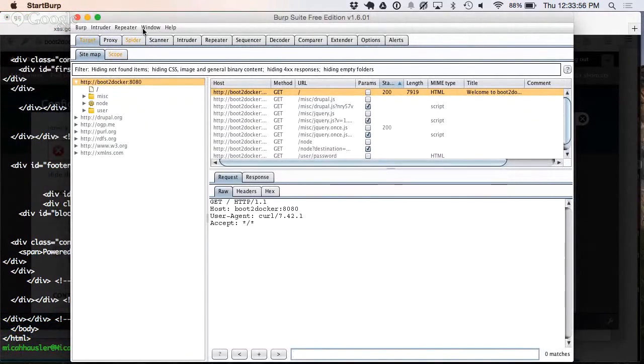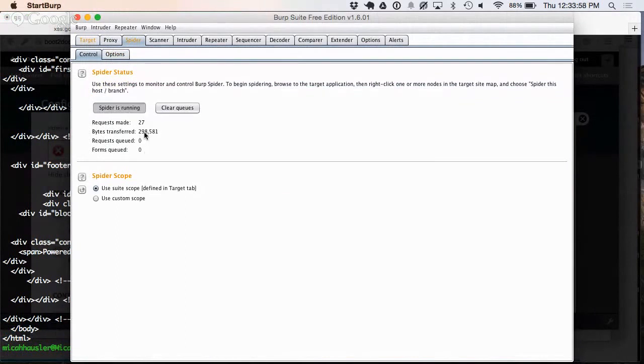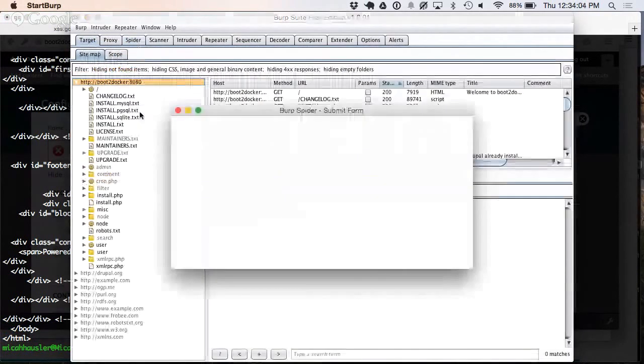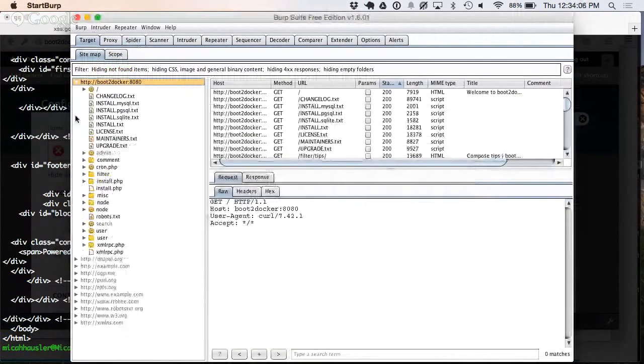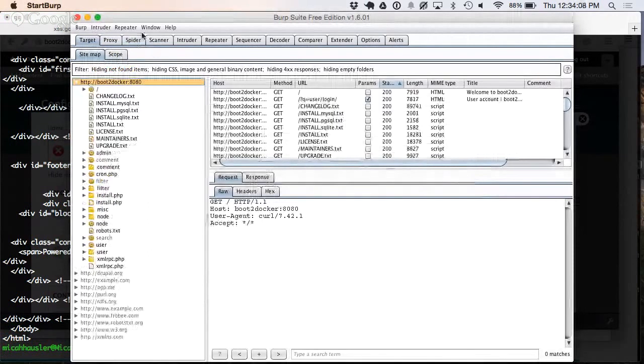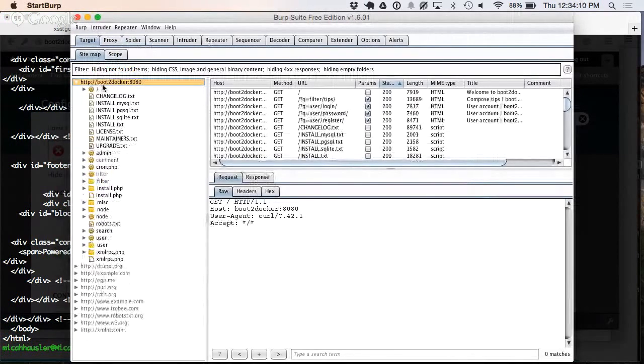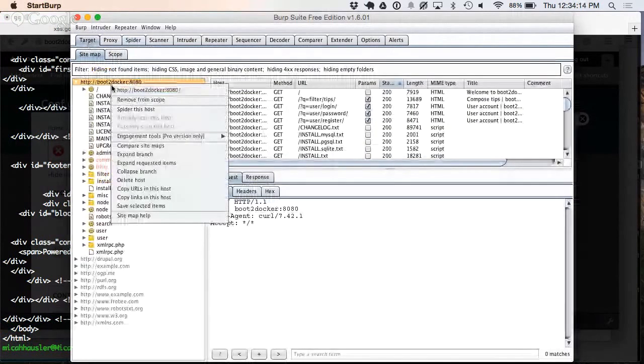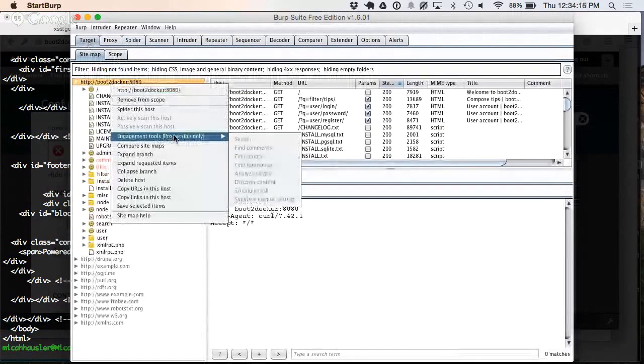Spider, and now the spider's running, it's made 30-some requests. Oh, it's found a login form. Okay, submit form, let's try that. Submit that too. And so we'll pause that spider. And now we can look at this site again. And now these engagement tools are the pro version. They have things like find comments, code comments, find scripts, find references,